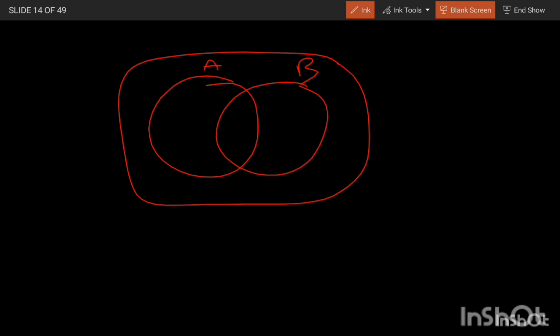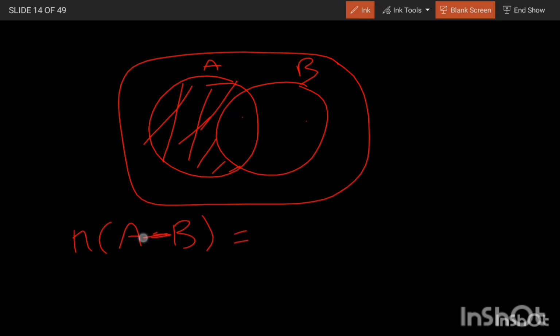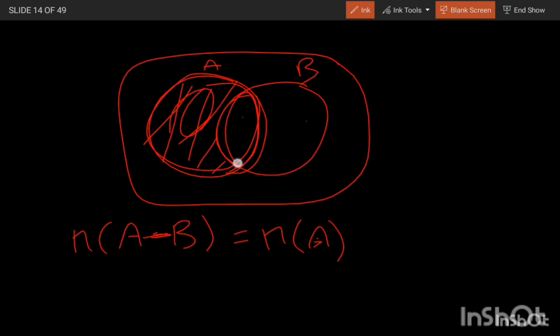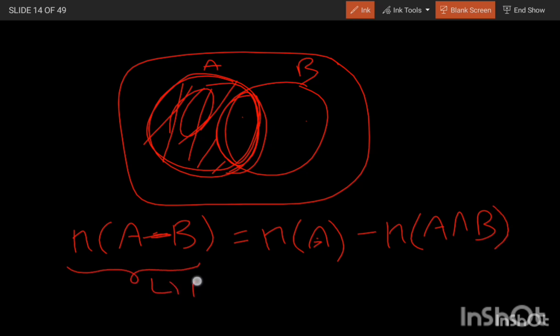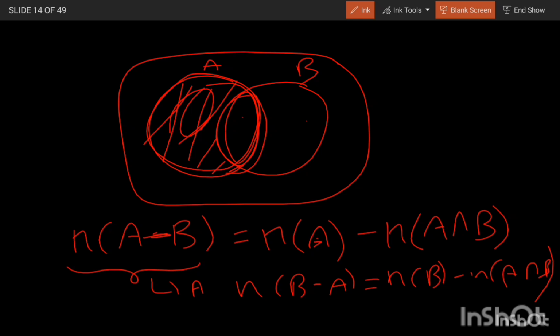For example, we are given two sets A and B, and we just want the elements present in A but not in B. So n of A minus B is equal to n of A. That n of A represents this whole circle, and we just want the shaded area, so we have to subtract the intersection part from the whole set A. That will give us the number of elements present only in A. Similarly for B, n of B minus A will be n of B minus n of A intersection B. Okay,